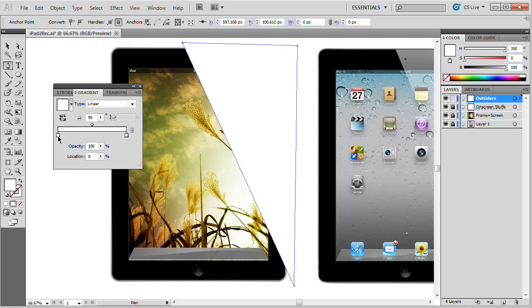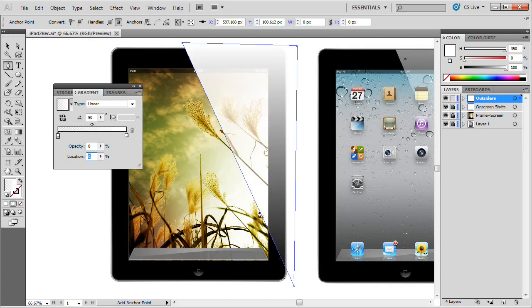And we're going to come over here to this guy, and we're going to set his opacity to 0. And that is the white at the bottom. So you can see we're fading now from white at the top to nothing at the bottom. However, that's not good enough for me. I want the shine to really cut off somewhere around halfway up the iPad. So I'm going to drag this guy up a little bit, something like that, right around 40% for the